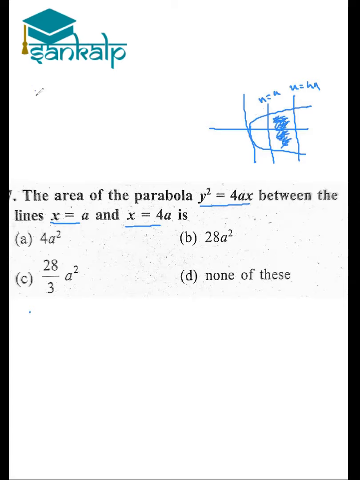So we will simplify it. The required shaded area will be the integral from a to 4a of y dx. So we substitute the y value. From this equation, the value of y will be equal to 2 root a root x. So this will be the integral from a to 4a of 2 root a root x dx. On simplifying it further, we get